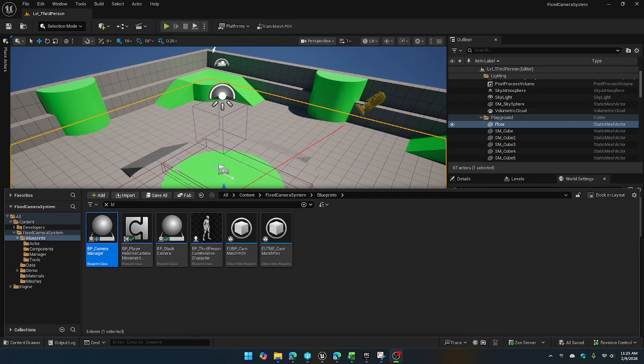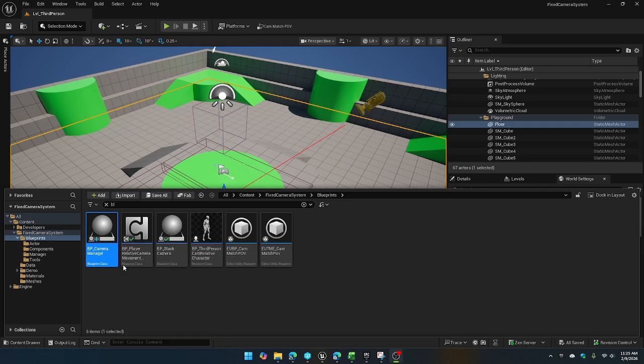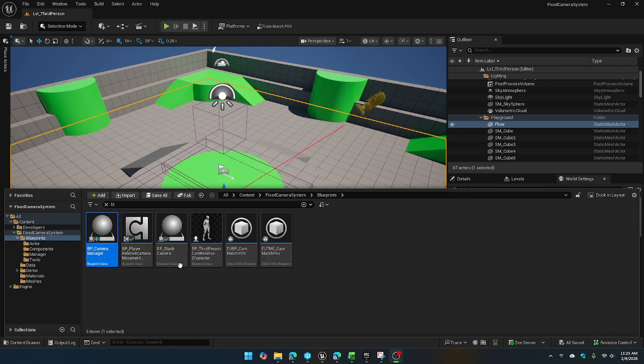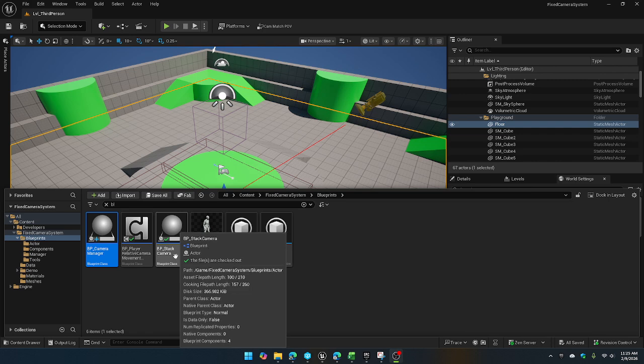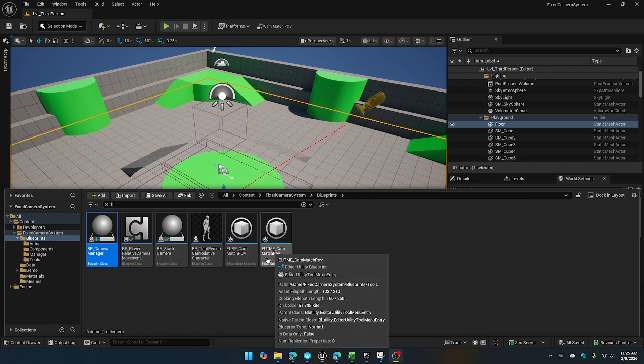Over this I'm going to show a brief introductory on how the system works and how to use the system within your game. First, it's actually composed of several different components. You have the camera manager, which is the one that handles the camera stack. Then you have the actual movement component, which we'll get into after. And then you have the actor itself, which is a stack camera. The other parts are pieces that are related to the tools themselves to make it easier to use inside